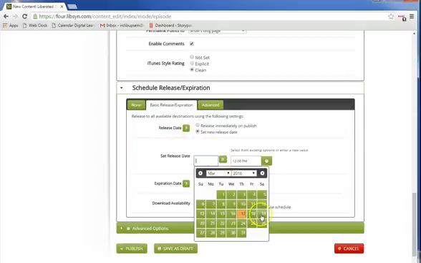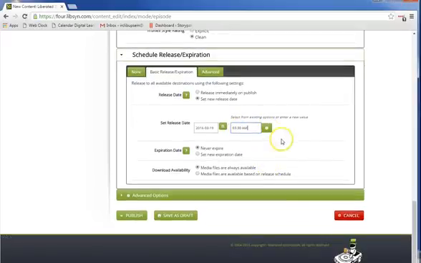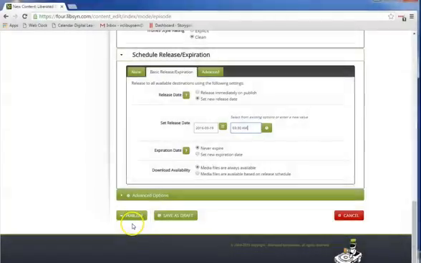Today's the 17th. If I wanted to publish this on Saturday the 19th, I'd just click on it, and I usually change my publishing time to about 3:30 in the morning, so it has plenty of time to upload before people get out of bed. And it also accounts for different time zones. So if you're publishing right at midnight, it may be a little confusing, so I try and push it a little bit. I don't ever want mine to expire, and now I'm ready to publish. So if I click on Publish here,